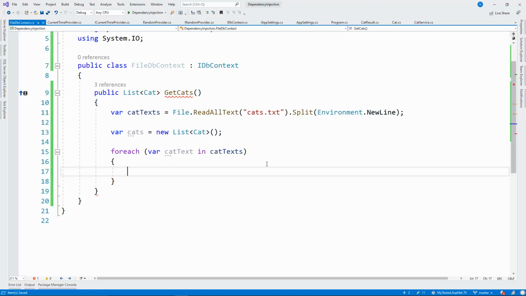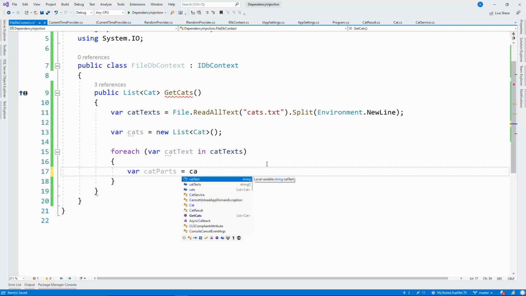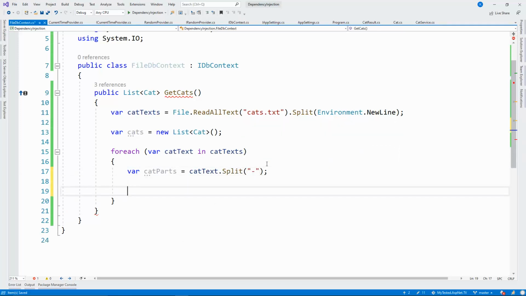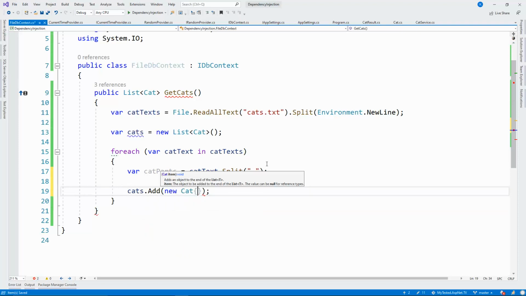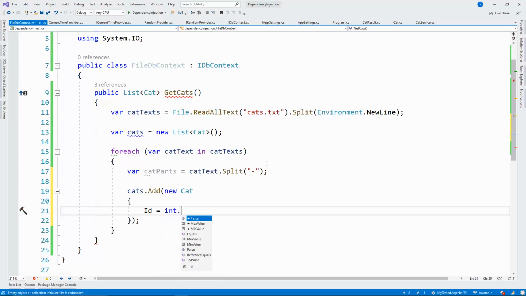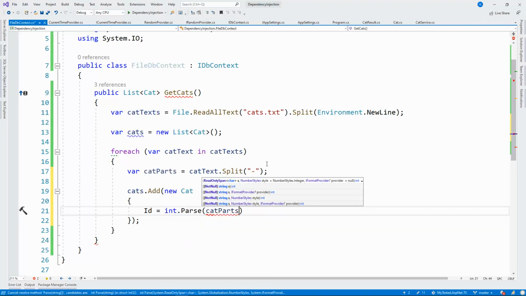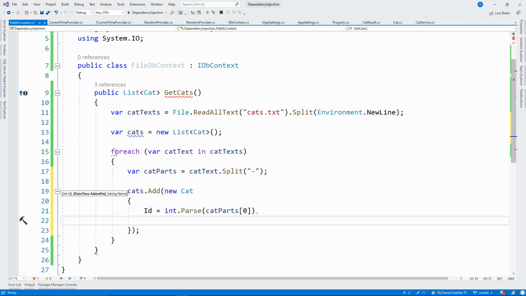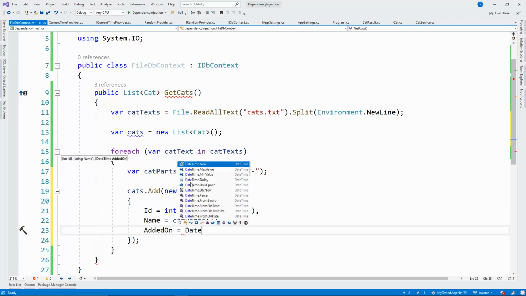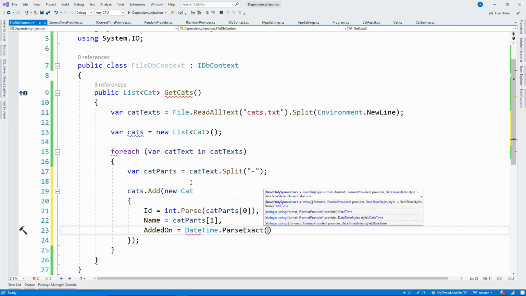And for example, I'm going to parse that, and I'm going to say that var catParts equals catText.Split by dash, for example. Then I'm going to say cats.AddNewCat, which has int.Parse(catParts[0]). Then name is catParts[1], like this, and AddedOn is DateTime.ParseExact,